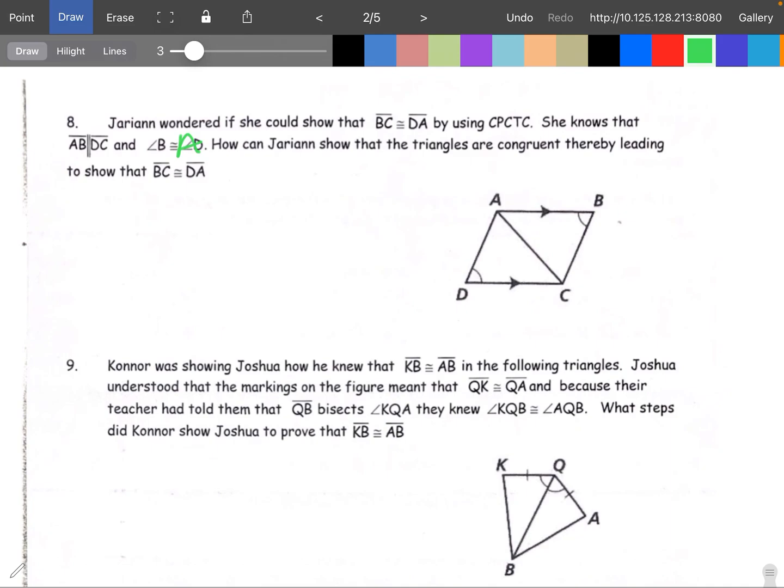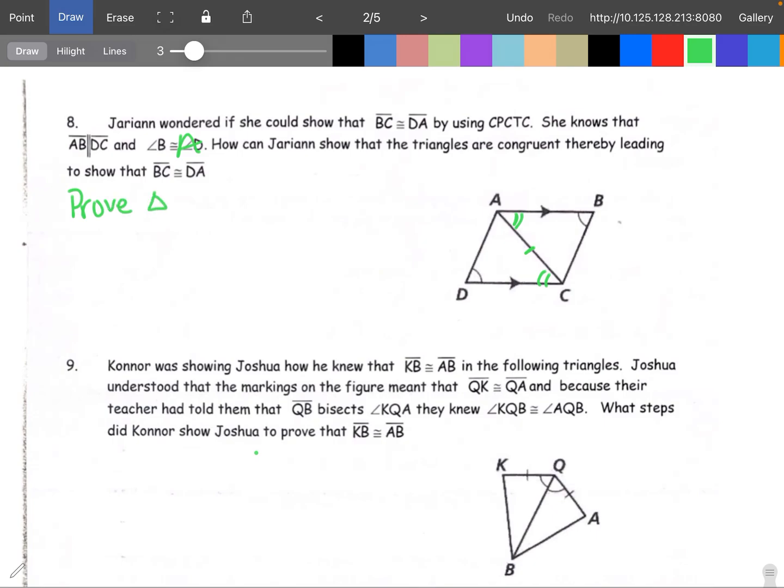Well, parallel lines create alternate interior angles. So I'm going to use these two right here, congruent alternate interior angles. You could have used these instead, and that would have still given you the same answer. So it doesn't really matter which ones you choose to use. Those are the ones I'm going to choose to use. And then the other piece of information that I know is that AC is congruent. Okay, so I'm going to prove